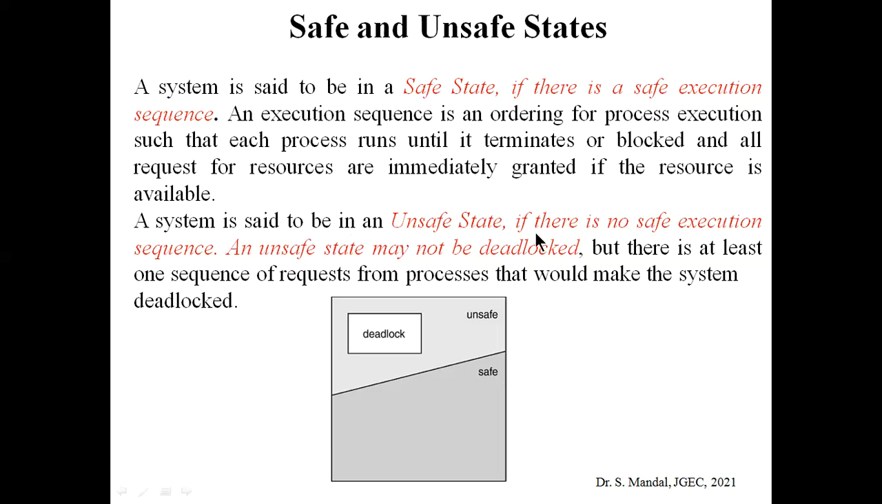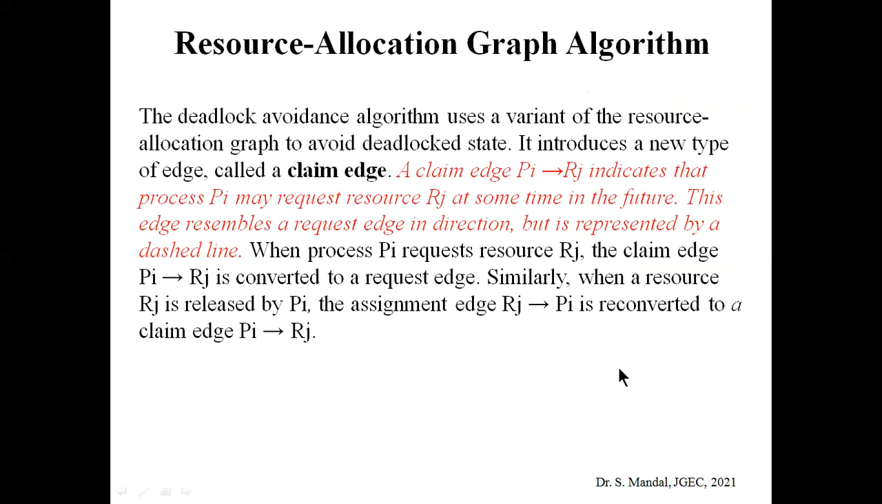Whereas unsafe state means there is no safe execution, and there should be some one process or one sequence that will lead to a deadlock condition. So here you can see the pictorial representation of safe and unsafe state for the particular sequence of processes. This one is the deadlock condition, and this one is the borderline between unsafe and safe condition. Okay, now